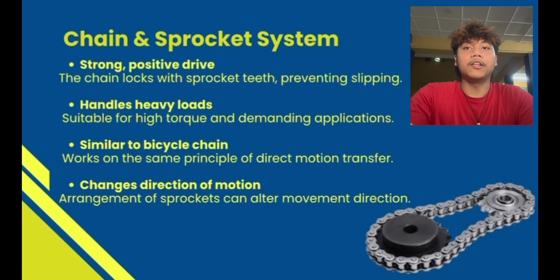Next is the chain and sprocket system. The first point is strong, positive drive. This means the chains are directly engaged with the sprocket teeth, so there is no slipping during power transmission. Next, handle heavy loads. Because of its strength, this system is suitable for applications that require high torque and heavy